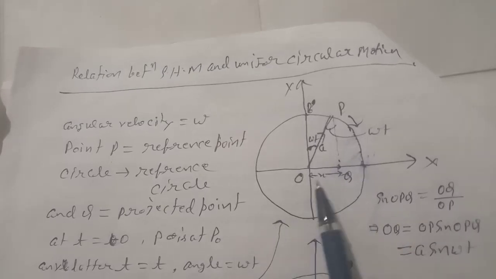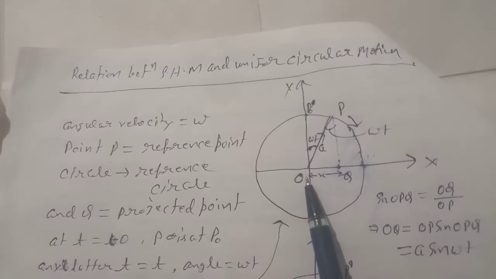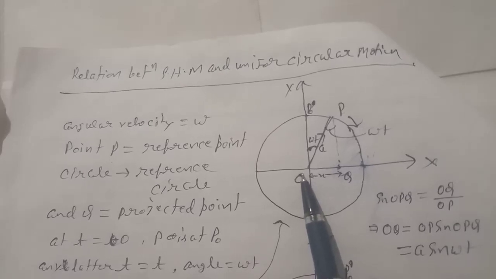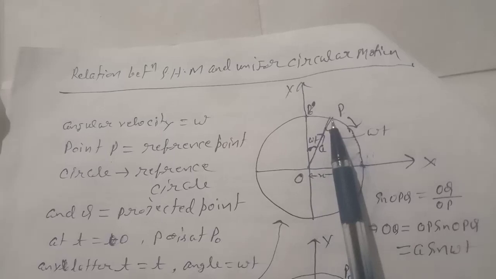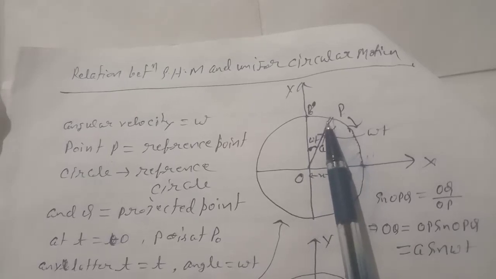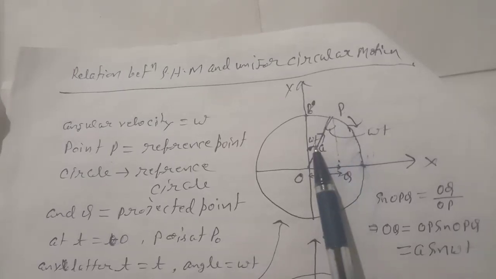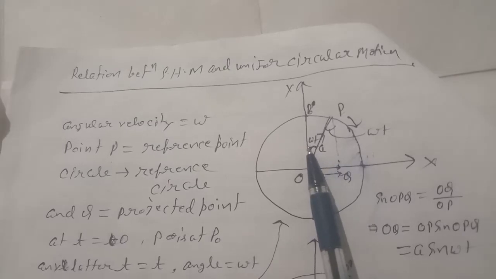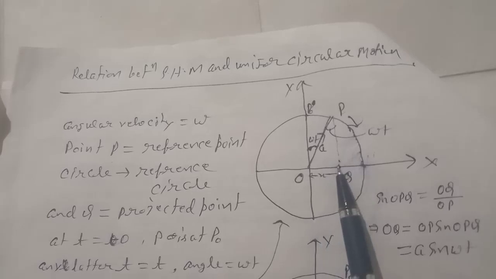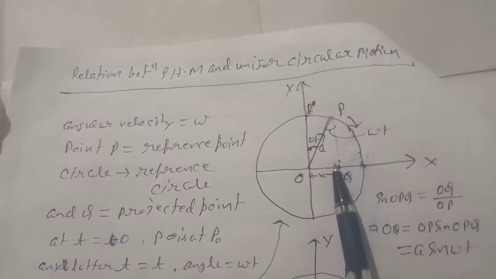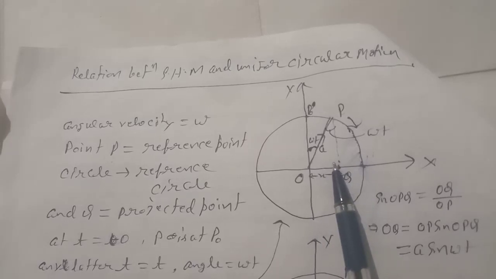And suppose that at time t equals 0, that is the initial time, the reference point P is at P naught. At any later time t, when P has traced an angle of omega t, the displacement of the projected point Q from O is